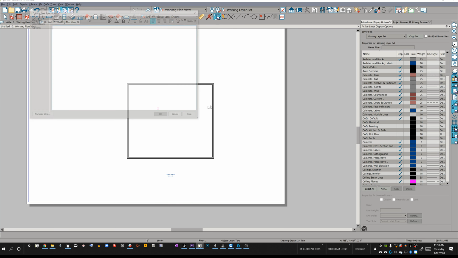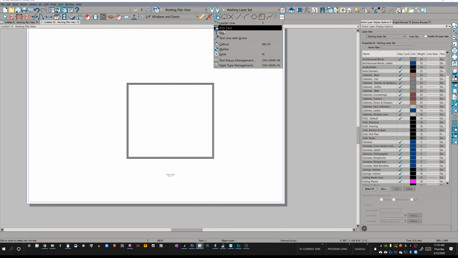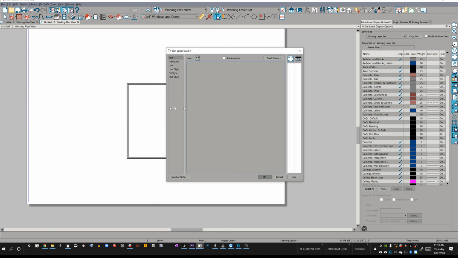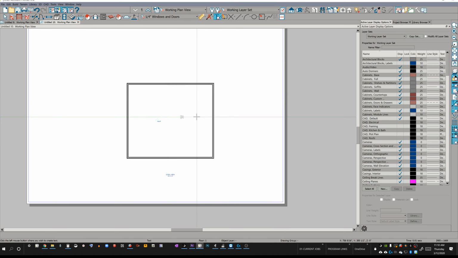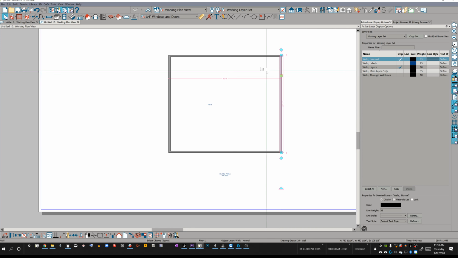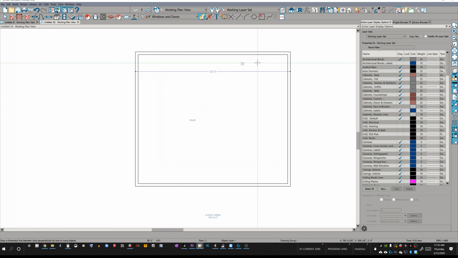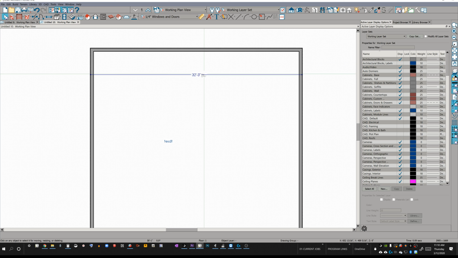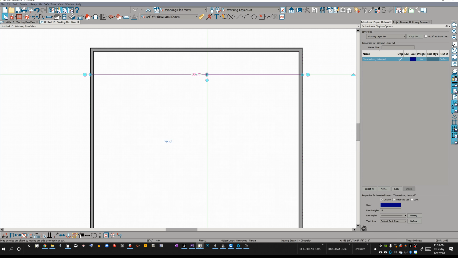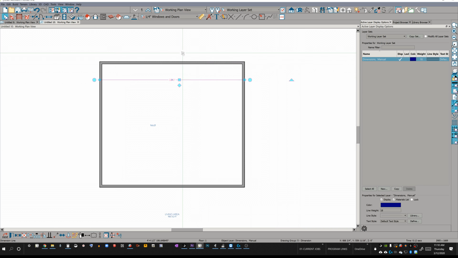And so there we go. If I do a rich text, it should be Century Gothic, exactly how I want it to be. If I'm just doing regular text, it should also be Century Gothic. There we go. Also, let's just dimension something. We've changed our dimensioning defaults. There we go. Even the dimensioning defaults have changed. Now I've got this Century Gothic dimension default. So really quick way to change your text styles throughout your plan